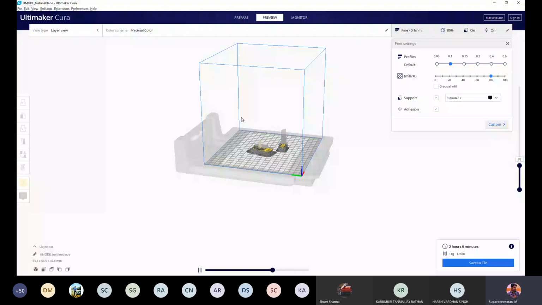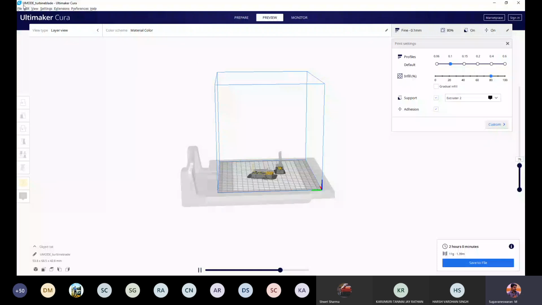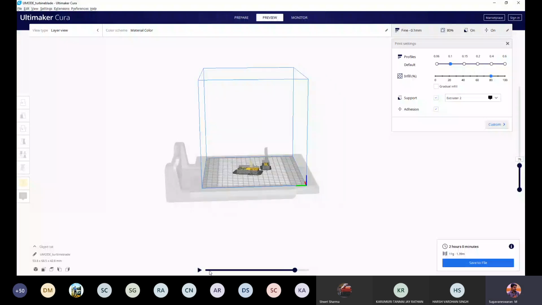Now what you all can do, those who have opened the Cura software, forget about the model which I have already placed. We are going to see the part orientation in additive manufacturing with the simulation setup. So you can keep your window in Prepare. Click Prepare. So you'll be getting this window.